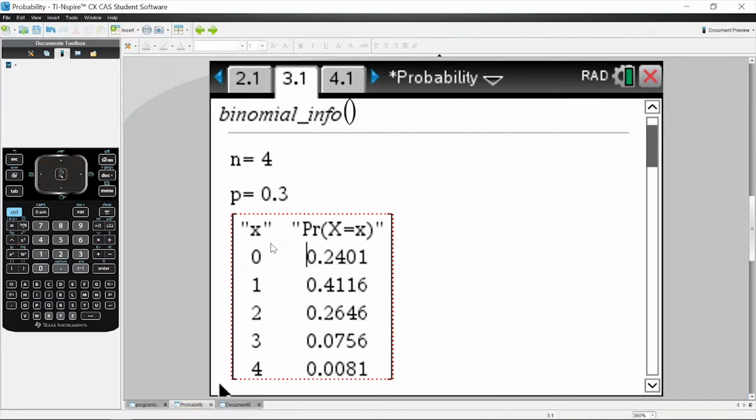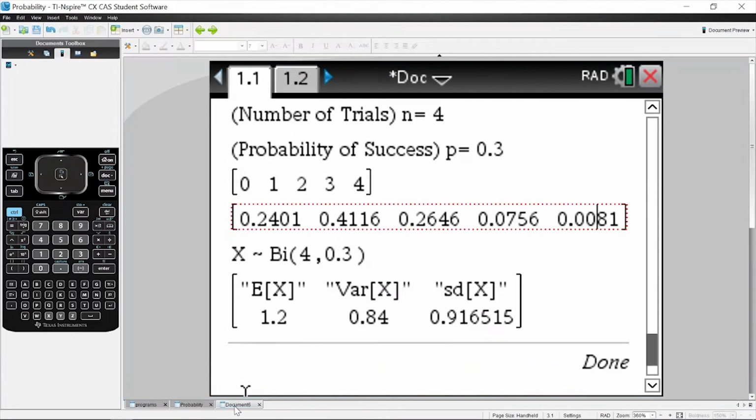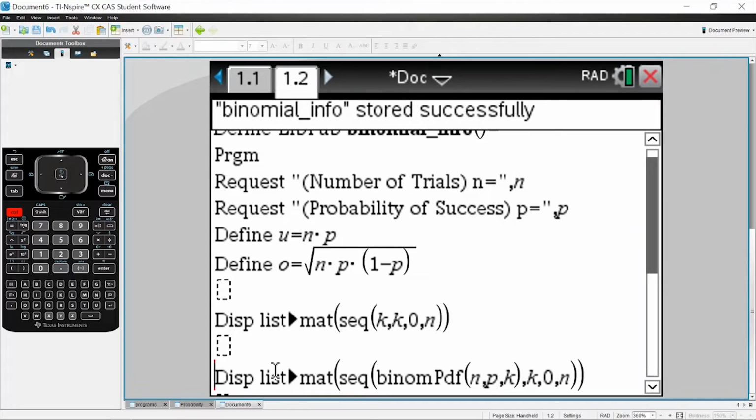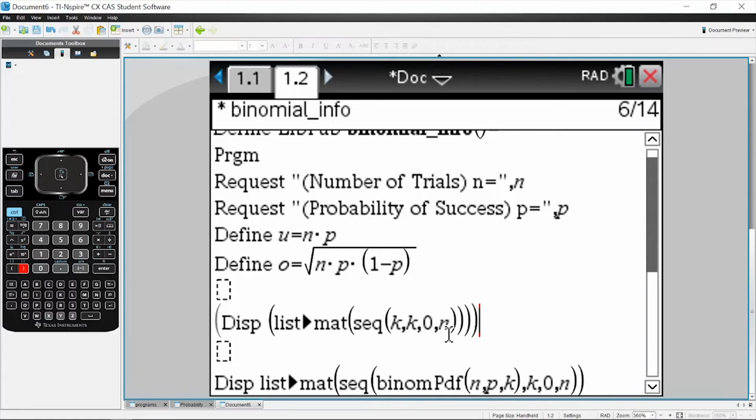Notice in this table right here, I've kind of gotten them in columns. So it's actually better to have these in columns right here because we're going to be using the augment command. So how can we turn these vertically, I guess, turn them into column matrices? Well, to do that we just need to use the transpose. So if we surround all this stuff in parentheses like so,